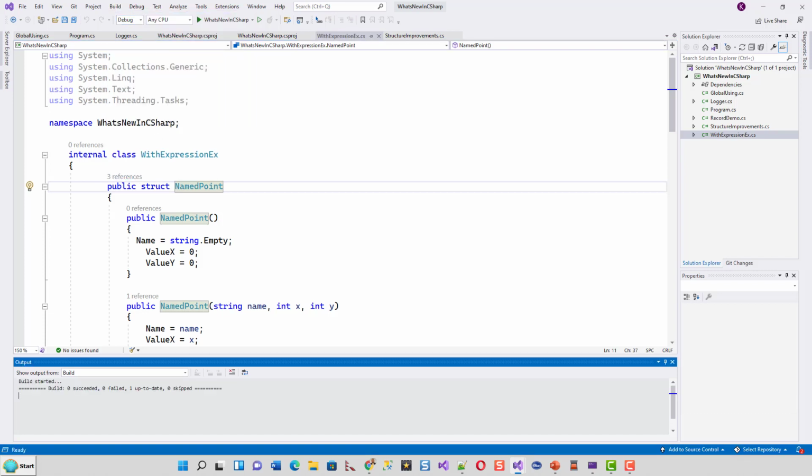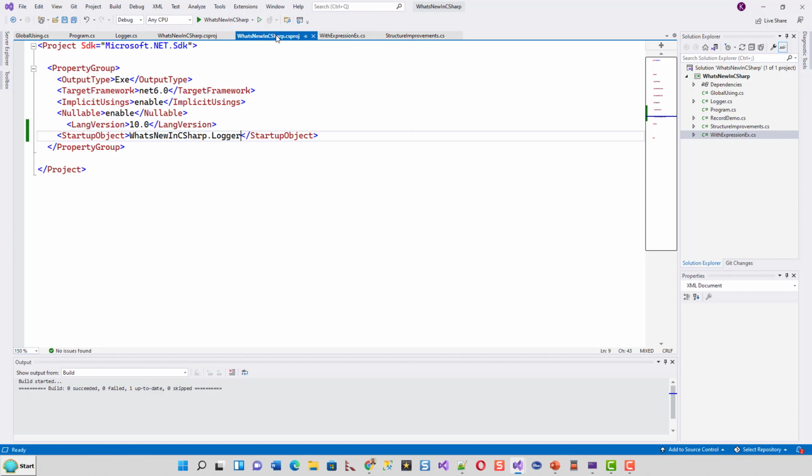However, let's see whether the features that I have told you today, like global using statement, file scope namespace, and string interpolation, were not features of the earlier versions. How do I know? Simply by making this version 9.